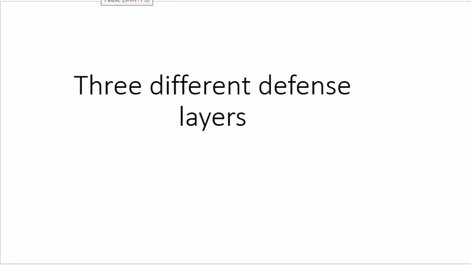Hello, this is the third slide, where I am going to talk about the defense system in our body. I have already discussed the three different layers of defense mechanism in our body, in the innate system as well as in the acquired adaptive immunity. So, in fact, our body has different layers of defense